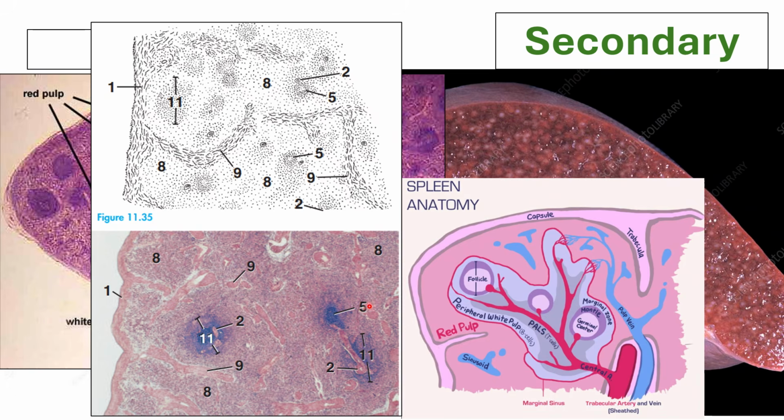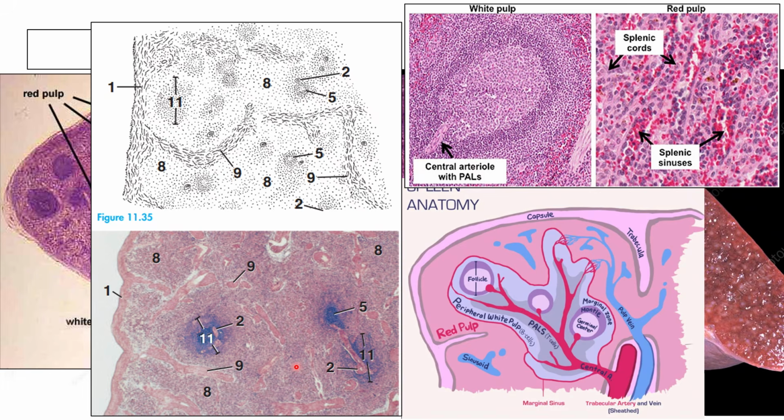And again, you have your white pulp and your red pulps, and within the white pulp, you would have your central arteriole surrounded by your periarterial lymphatic sheath, and the other peripheral white pulp. Okay, and again, the ratio of the white pulp from the red pulp can give you an idea of what is the current physiological requirements of the animal. Okay, so here again, you have your central arterioles, and this is your pulse and the peripheral white pulp.